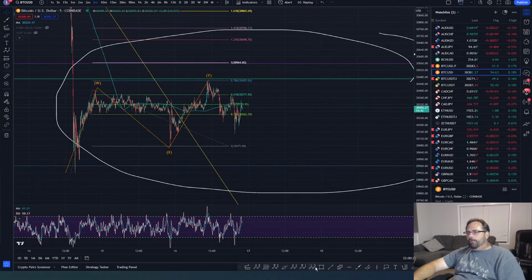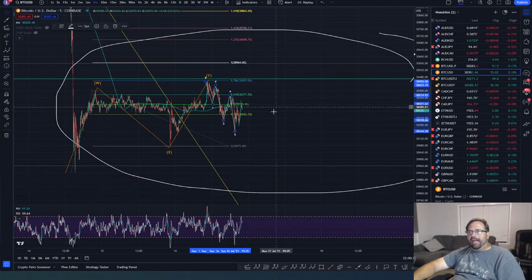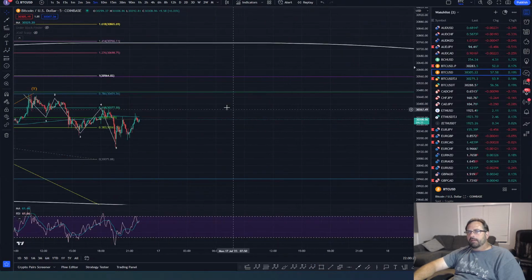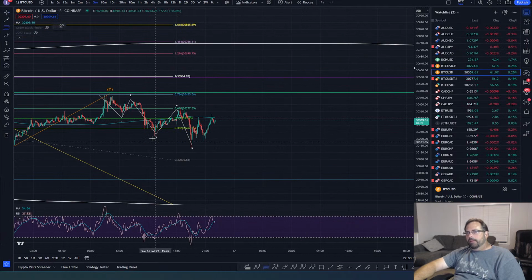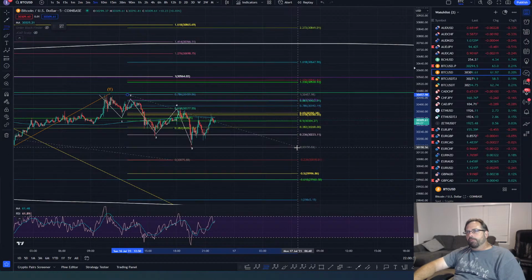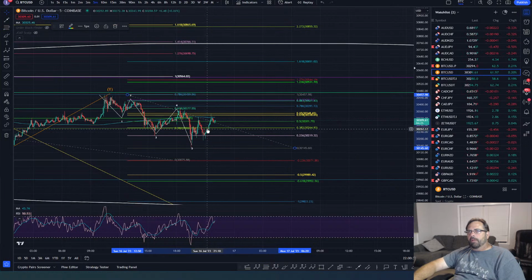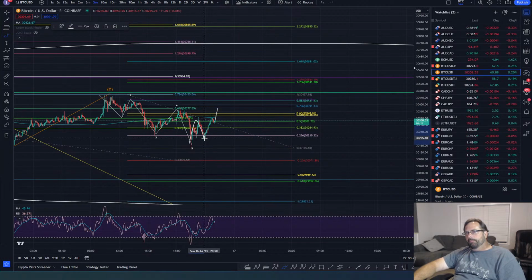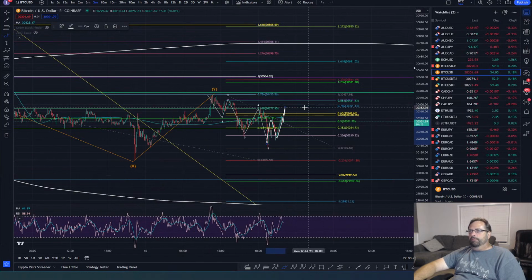Okay, now what do we got going on right here? We got 1, 2, 3, 4, 5. We've got a leading diag. Okay. Now if we pull the retrace fibs, we came and tagged the 618. I would not be surprised to see this thing go up and tag the high one more time. Boom, boom, boom. Okay. All right. I wouldn't be surprised to see it get up to the 786 maybe.